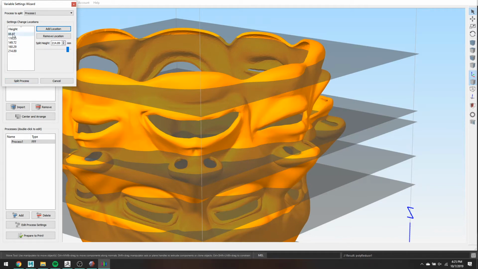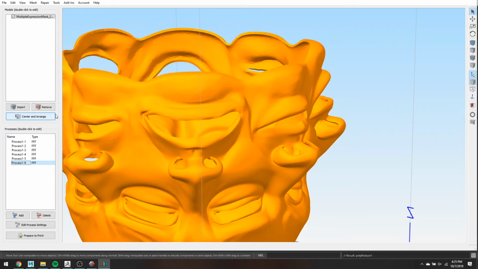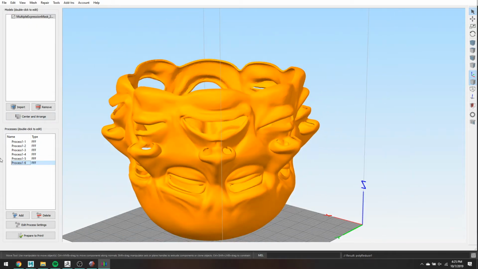Once I've done that, I have all these different locations or heights in the model. I'm just going to do Split Processes. Don't know how you say that. And you'll notice down here in my Processes tab, I said that four different ways in 10 seconds. How do you pronounce that? Does anybody actually know? It bothers me every time I say it. Processes. Okay. I'm sure English people say process too. Yeah. Either way,